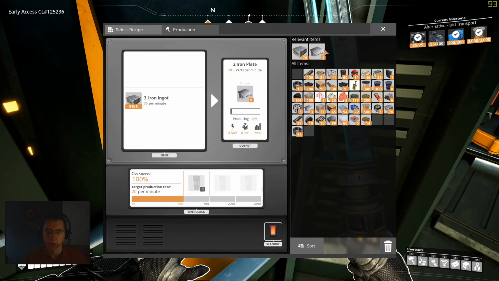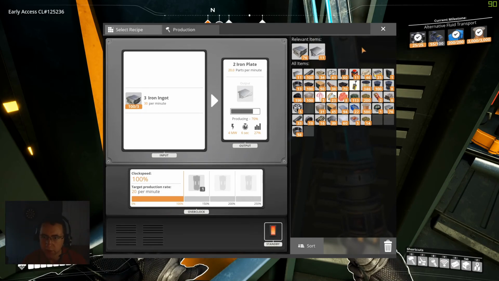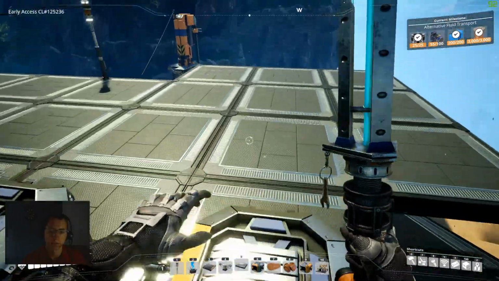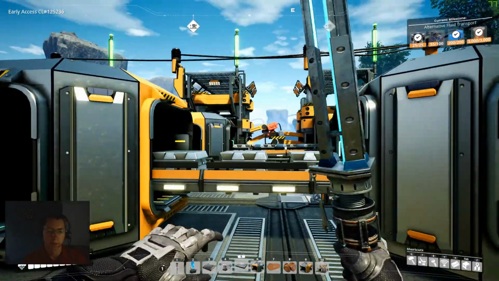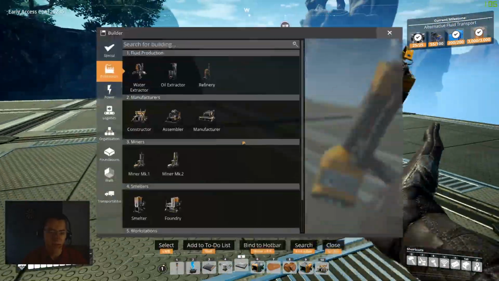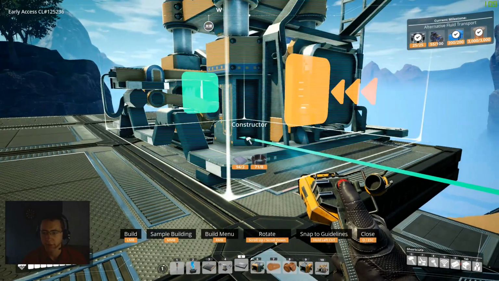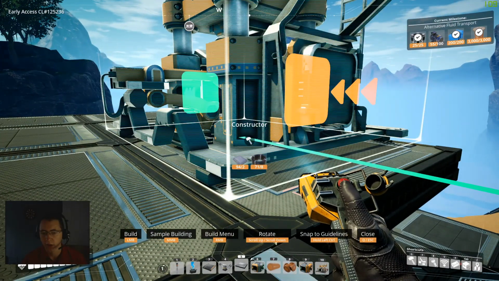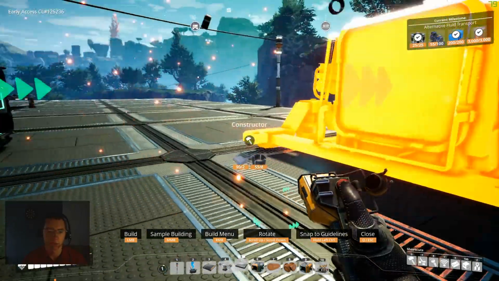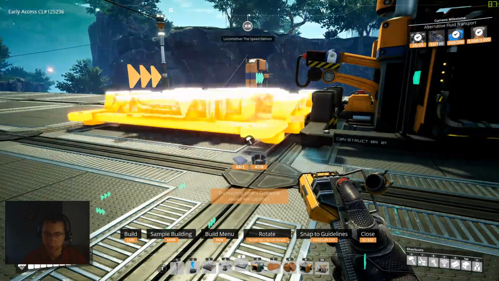Very good. Okay. Just, no, I'm going to take these back out just in case we need some of them. Okay, so that's got 3 running on that side. We can go ahead and do the same over here. So we're going to set this constructor up. We're going to rotate it around so it faces the right direction. And put that one right there. This one right here. That one right there,